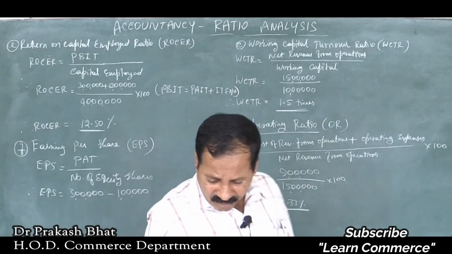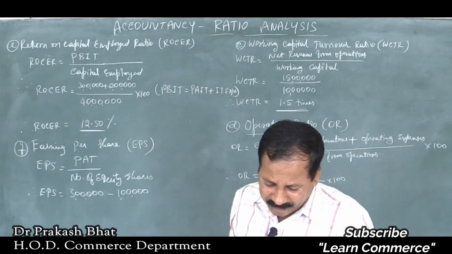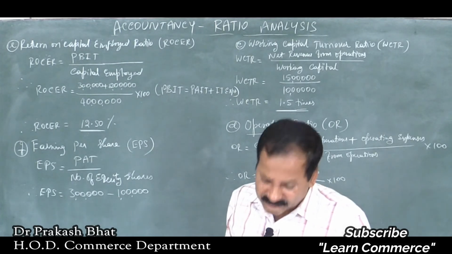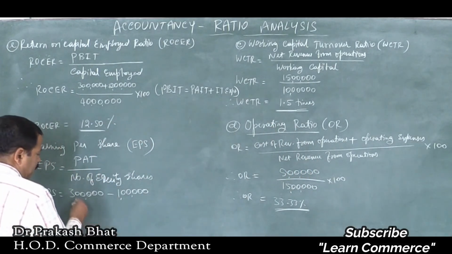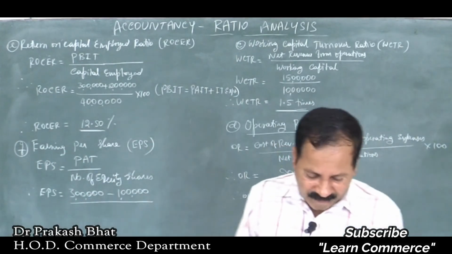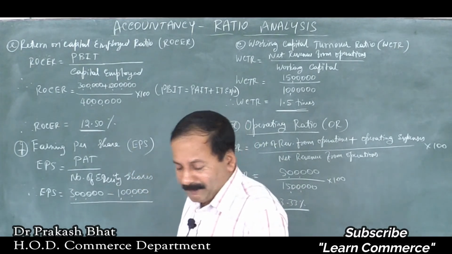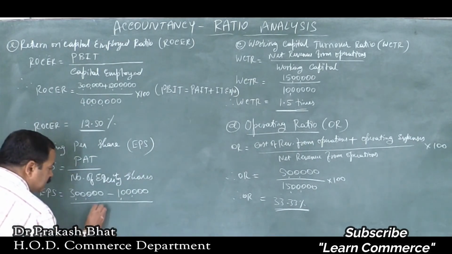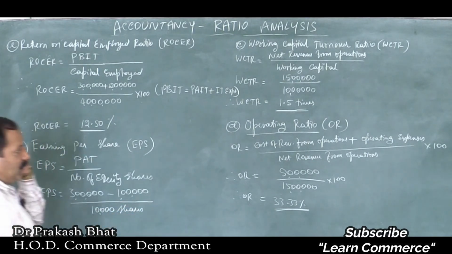Dividend paid to preference shares is 1 lakh. It is clearly given in the problem. So minus 1 lakh divided by number of equity shares. Number of equity shares, how much? 10,000 shares, right? Given in the problem as 10 each. 1 lakh capital, face value is 10. So 1 lakh divided by 10 is equal to 10,000 shares.